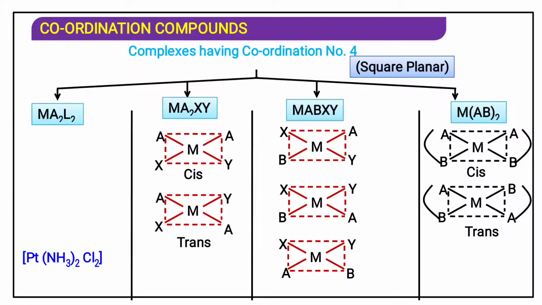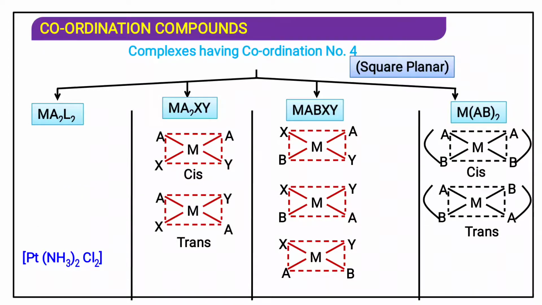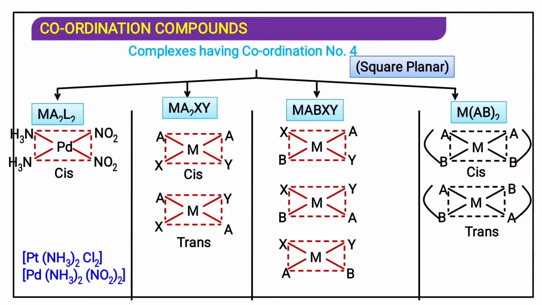Now with an example we will see A having the same kind of ligand, that is ammonia. Ammonia is the same, C2, and L is symbolized as chlorine over here. So with respect to ammonia and chlorine, we can see the structure, cis configuration. This is the same plane for the monodentate ligand. Over here we have an exchange, so ammonia is in the opposite direction, chlorine is also in the opposite direction. Another example for nitro, cis and trans.